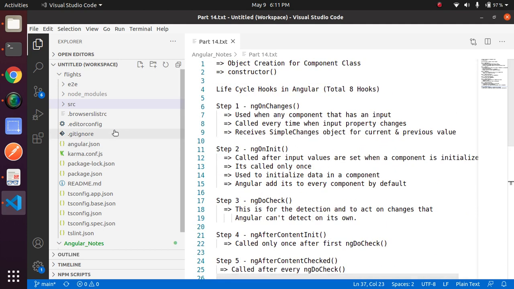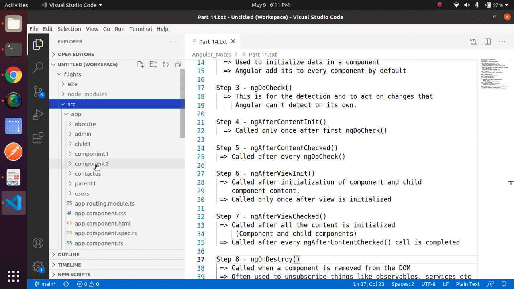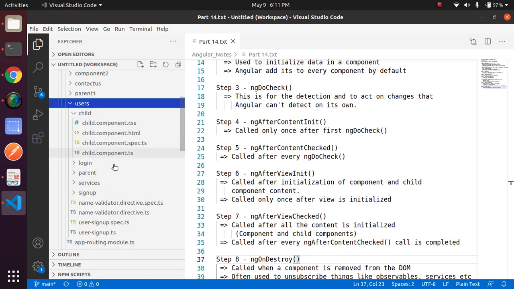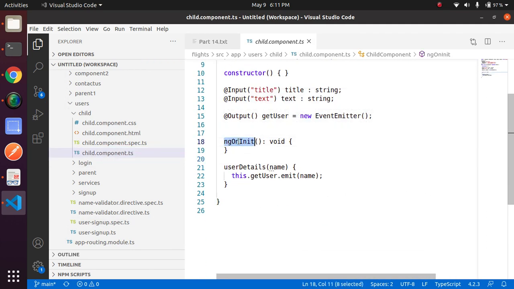Let's open any component and put all those hooks in that component just to look at the sequence of execution in Angular. Go to your project repository and then inside users there is a child component that we have already created, and here if you look, ngOnInit is already provided by Angular by default.